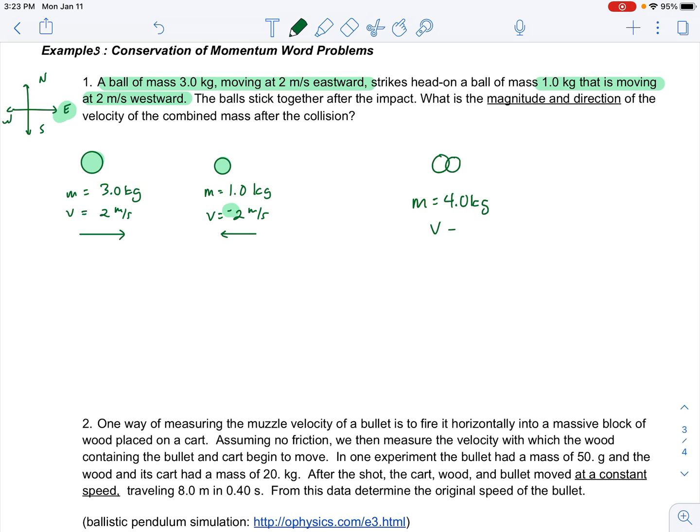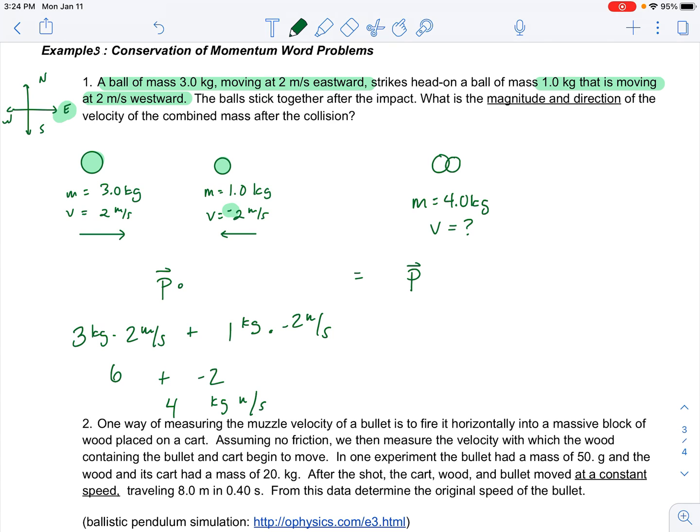So we want this final velocity. What we know is that momentum before the collision is equal to momentum after the collision. So the momentum before the collision would be 3 kilograms times 2 meters per second plus 1 kilogram times negative 2 meters per second. So that would be 6 plus negative 2, or 4 kilogram meters per second